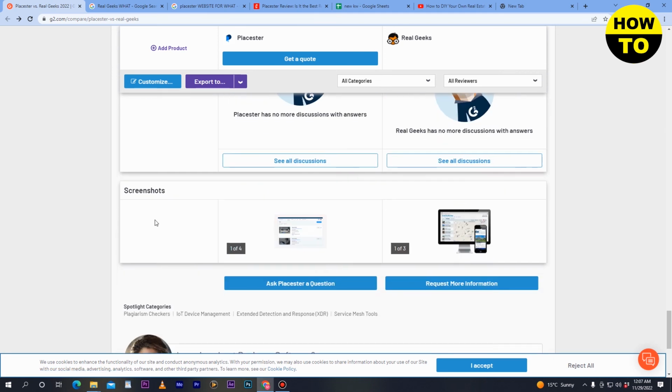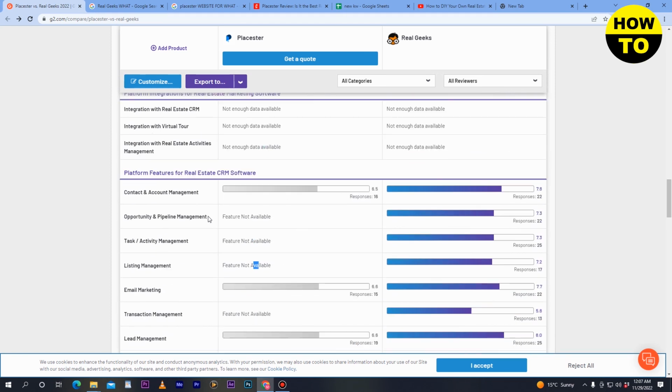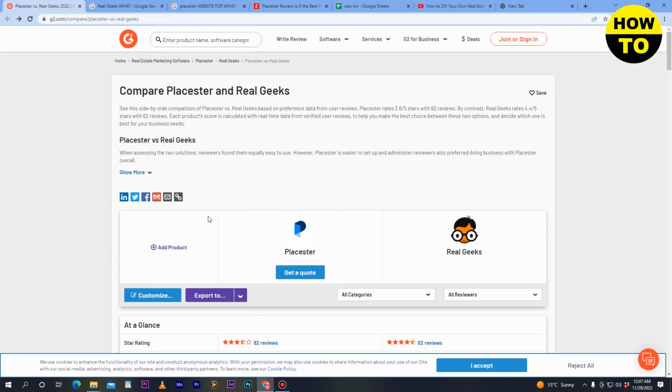So now finally you understand that we have made a useful comparison of both websites. After that you have to select which website is useful for you. In this way you can use these two websites and